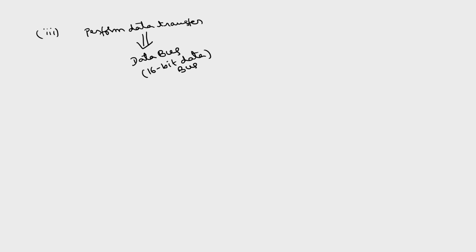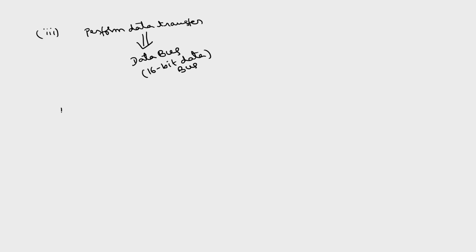So, in order to perform the very first operation, which is microprocessor initiated operations such as memory read, memory write, IO read, IO write, we need an address bus, we need some control signals, we need a data bus. So, finally, after discussing all these operations, I will draw the overall architecture of 8086. So, the second operation is internal operations.